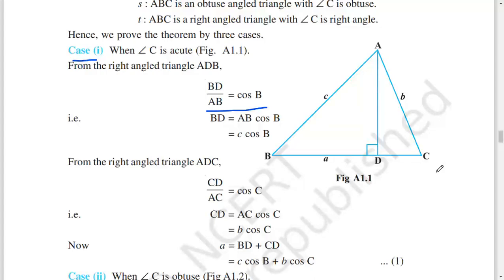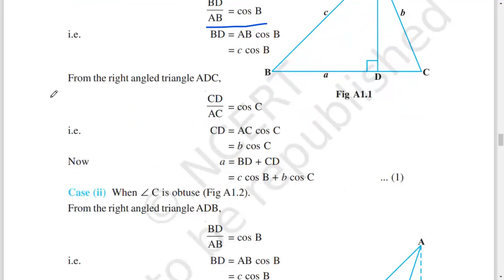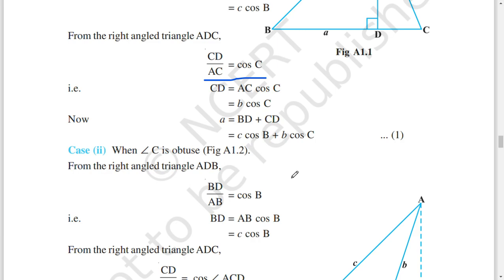Triangle ABC, AD is perpendicular to BC. AB is called c, AC is called b, and BC is called a. Angle ADB is 90 degrees. From the right angle triangle ADC, CD by AC equals cos C, that is, CD equals AC cos C equals b cos C. Now a equals BD plus CD equals c cos B plus b cos C. (1)